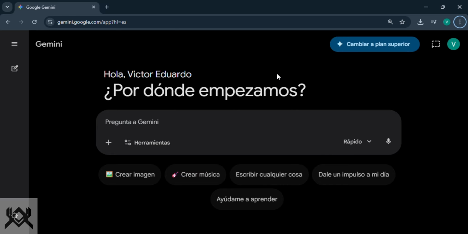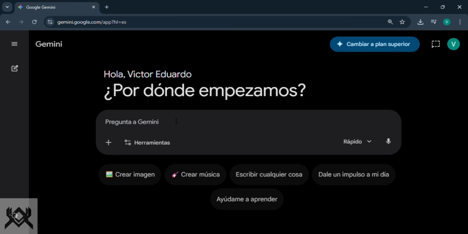For example, if I write, and this is only an example, okay? I believe you don't understand quantum mechanics, but this is only an example.